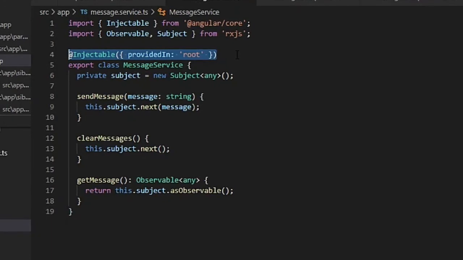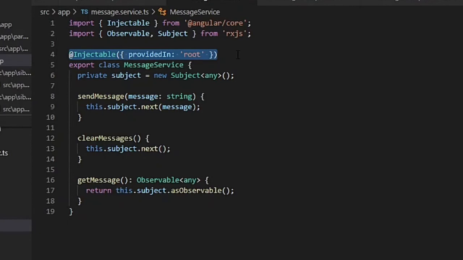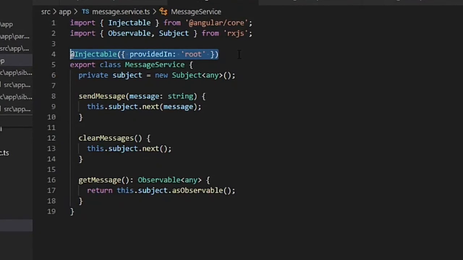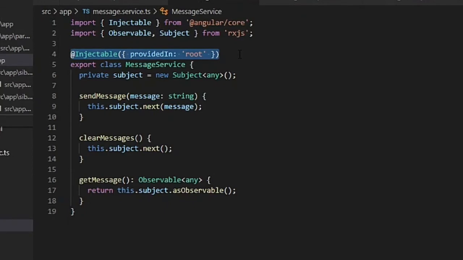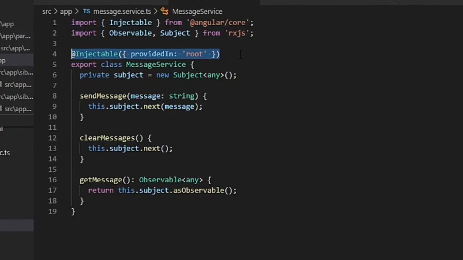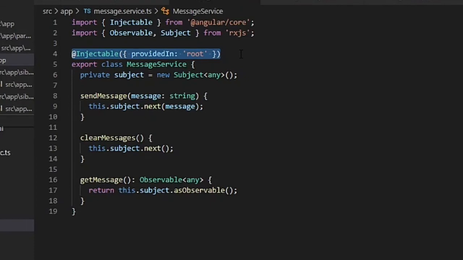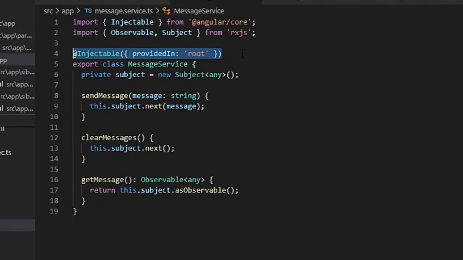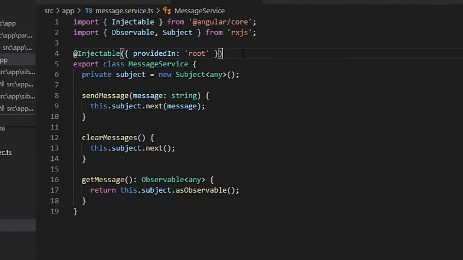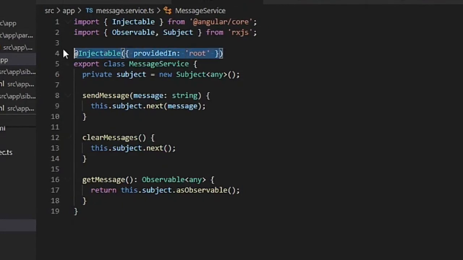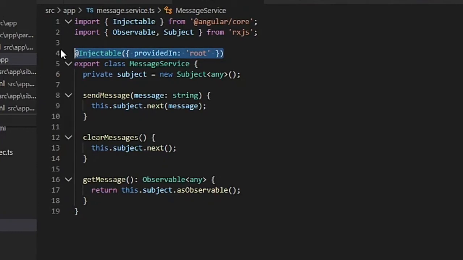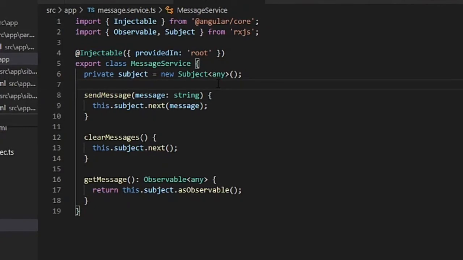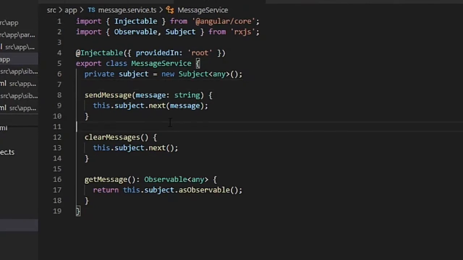If we provide the message service component by component, it will not work, because each component will create its own instance of message service. Either you provide it in the app module, or use the Injectable providedIn root line here, then it will work. So keep this in mind before doing this.